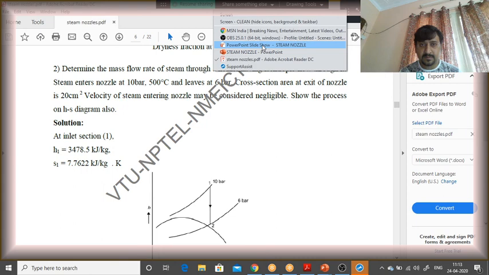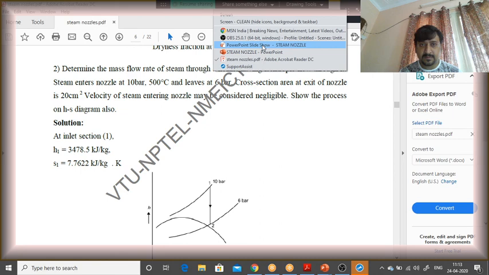Whereas here you can see that it consists of lots of things. S1 and S2 they have found out, entropy they have checked, from the entropy they have calculated T2 temperature, which is not at all required in steam nozzles. Why should we do unnecessary calculation when we have the Mollier chart? We can use the Mollier chart and do the problem. Have they mentioned anywhere that we should not use the Mollier chart here? No. Such questions will not arise.